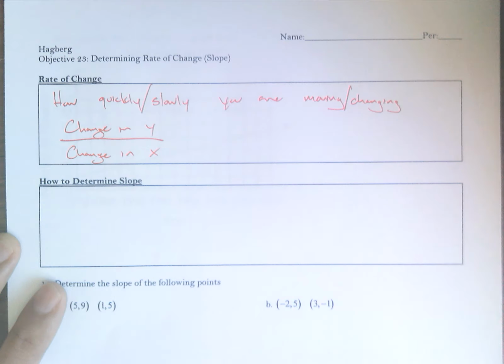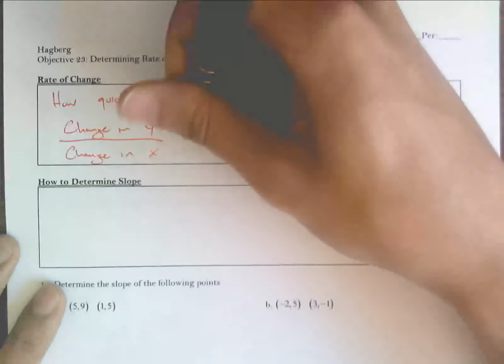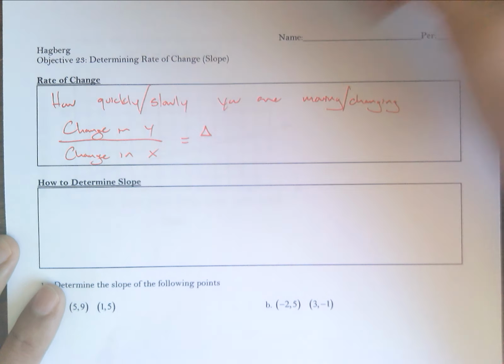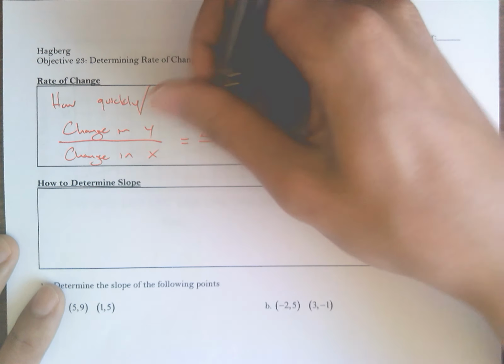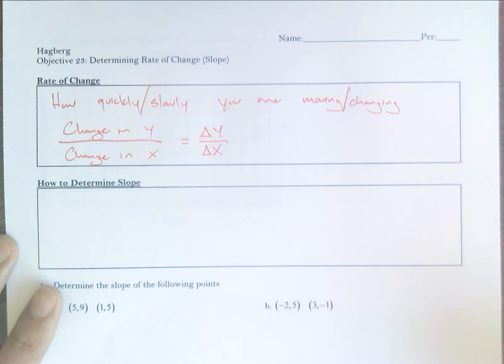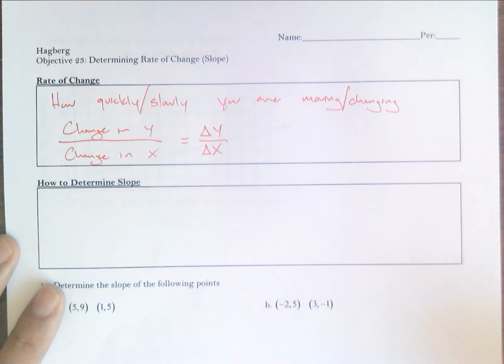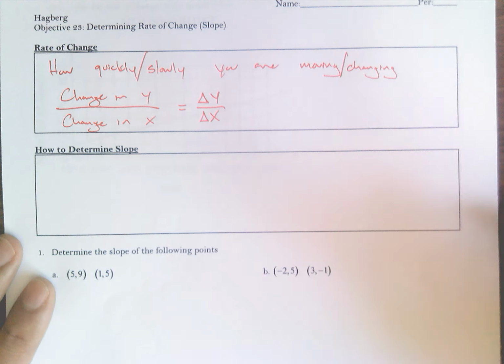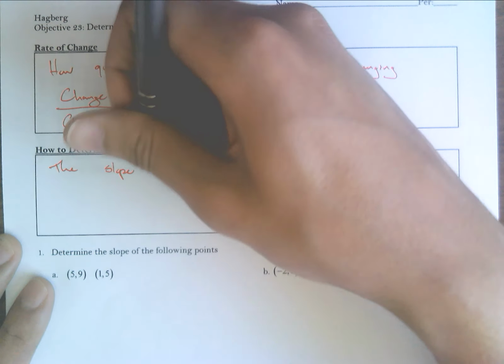So change in y over change in x. And we can also abbreviate that using the Greek letter delta, or just a triangle. So delta y over delta x. That's the same thing, change in y over change in x. How to determine the slope of a linear function or a linear graph? The slope between 2 points,